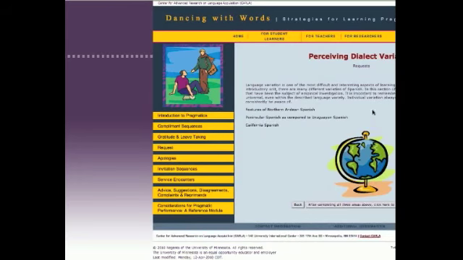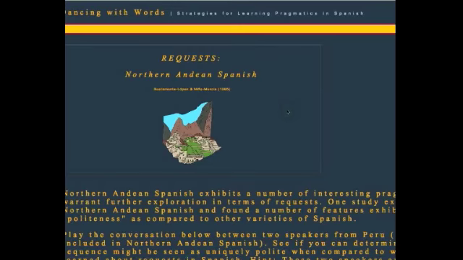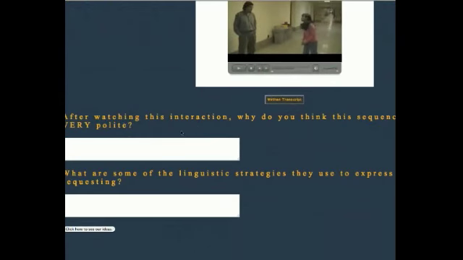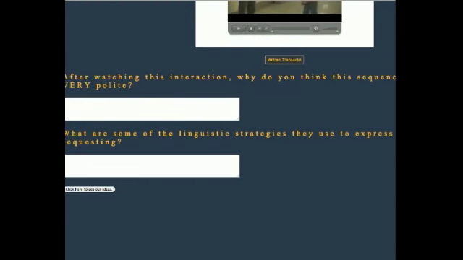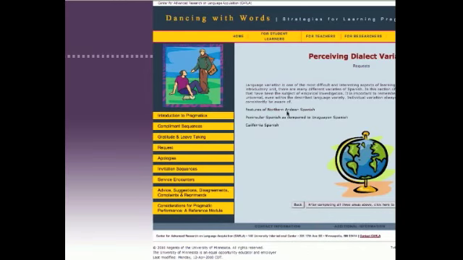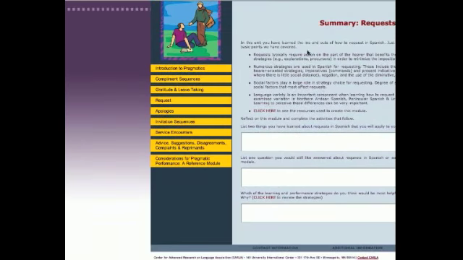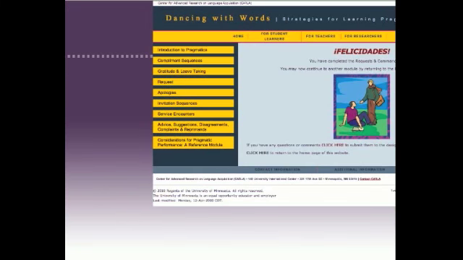Then in here you go to dialects, variation. So here you have 3 options, different dialects. If you click on it, you have the chance to see again more videos and put more answers to those videos in Spanish. So same thing. So you have different options, and then in here we have summary requests. So technically, based on what you learn, you make again requests based on the videos you watch and the practice you did. And that's technically what you do for all of